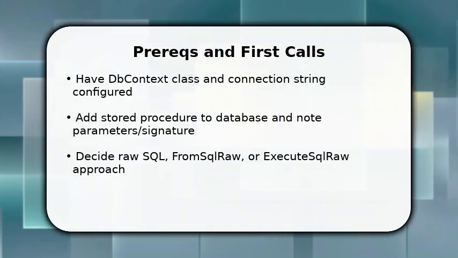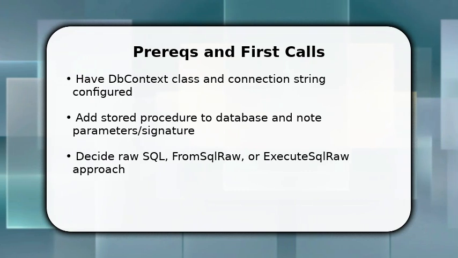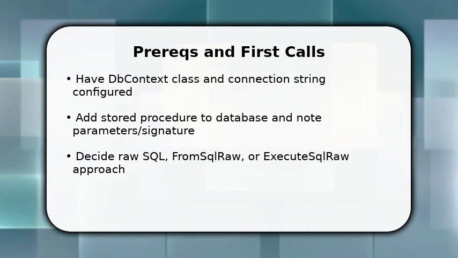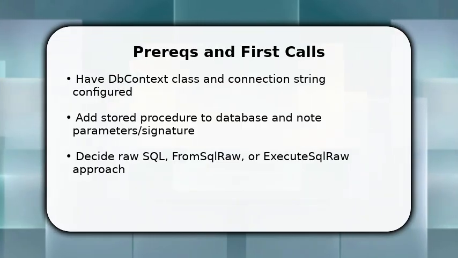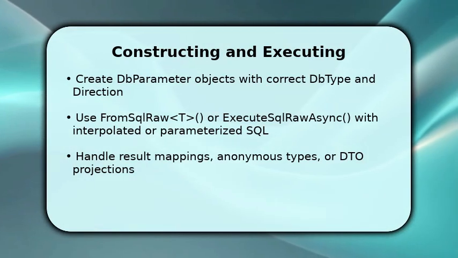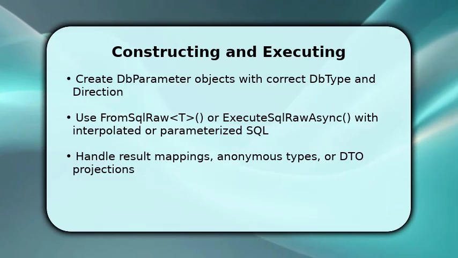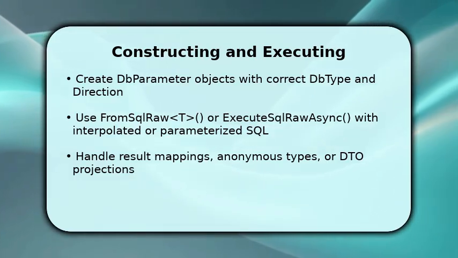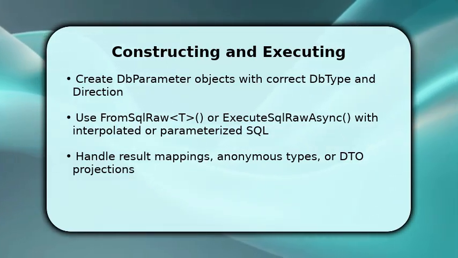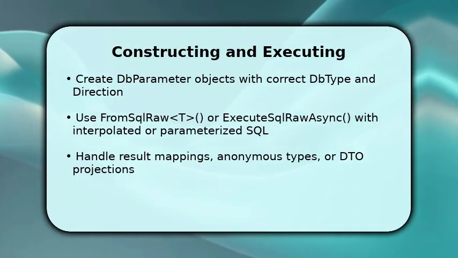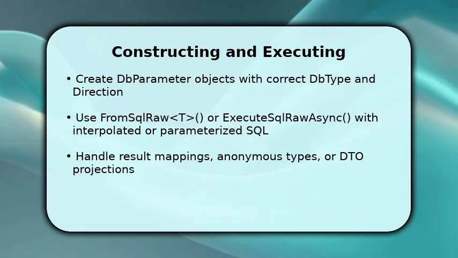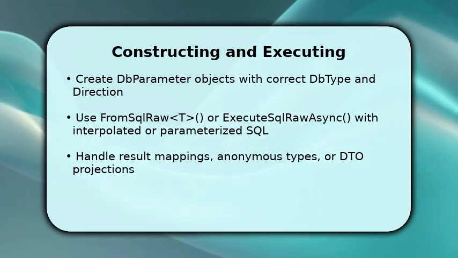Then open your repository or service method and prepare the parameter objects or DbParameter instances to match the stored procedure signature. Now construct DbParameter instances for each input, output, and return value. Set DbType, size, and direction accordingly. If returning entities, use context.Set<TEntity>().FromSqlRaw("EXEC ProcName @p0, @p1", params) and materialize